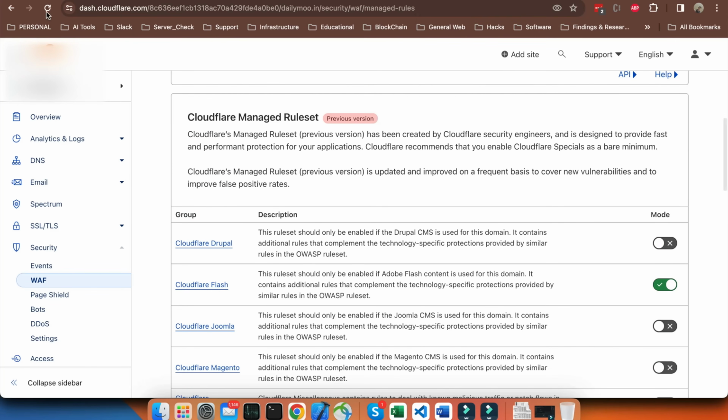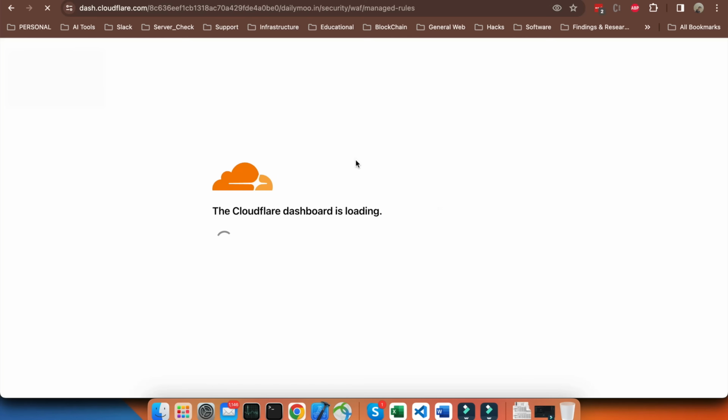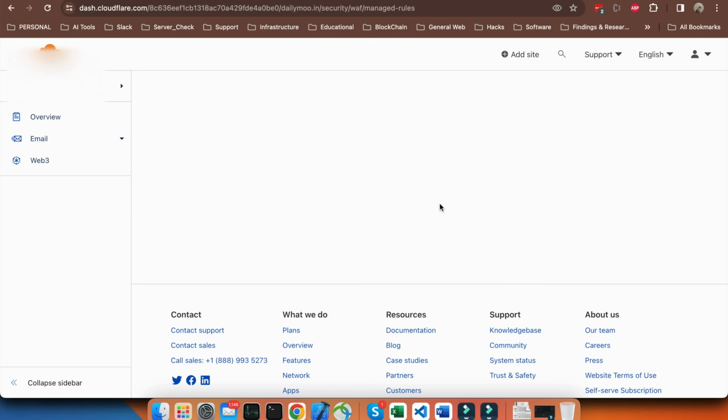So let me refresh the page first. I disconnected from the network. Yeah, okay. So if you see here, the other rule sets which are managed ones,